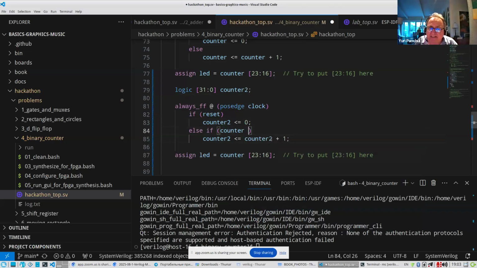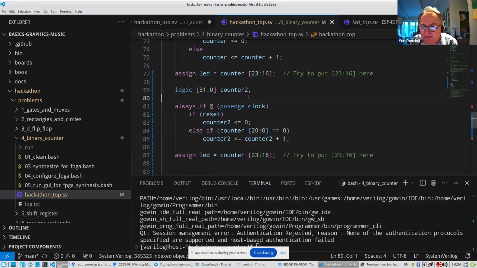Let's say that if the first counter, bits 20 to bit 0, is equal to 0, so this counter increments by 1 every clock, and it becomes 0 only several times a second.